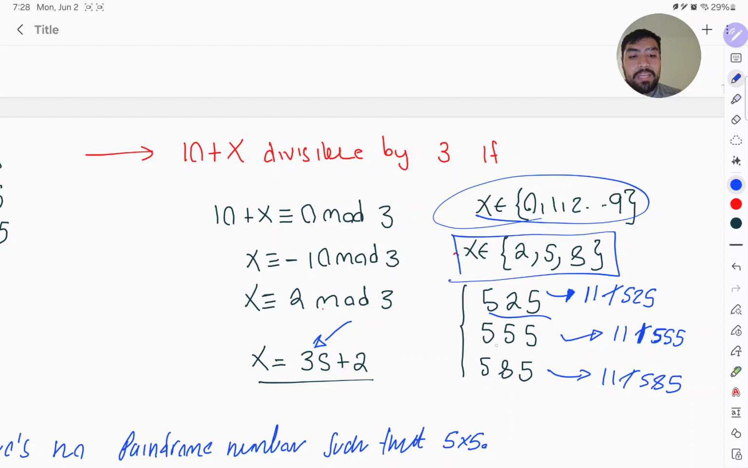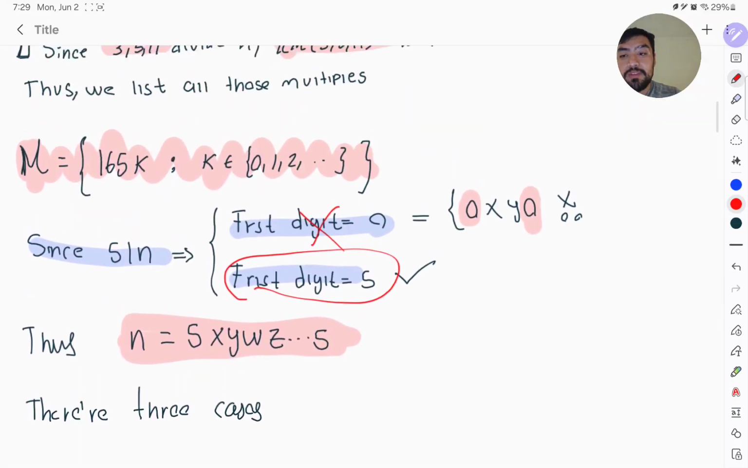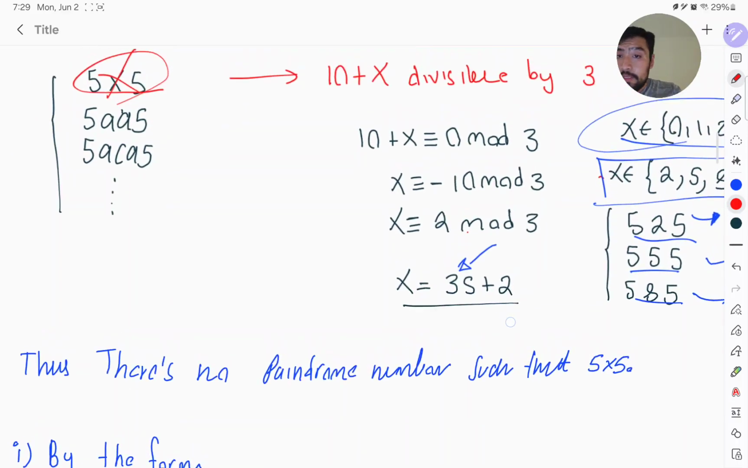And those 3 options are 525, 555, and 585. But there is a problem, because 11 does not divide these 3 quantities. So therefore there is no such x with the property that the 5-digit number x5 is a palindrome number that meets the 3 conditions which were stated before. And of course